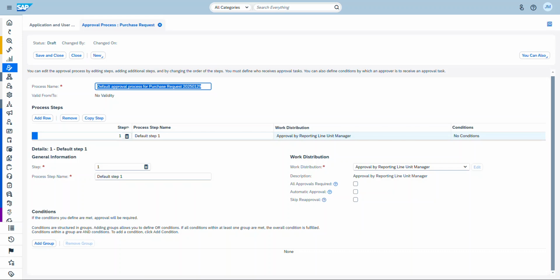So to have a brief understanding of what we're about to do. The step ID is a unique ID. The step name is going to be defined, and the work distribution is actually very important. So here, this is where we can determine which work distribution we need to use to guide this approval process. So when you click on the drop down button, we have a list of